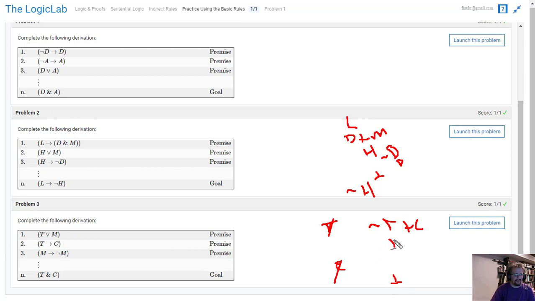So it will give me a line that says T. It'll give me a line that says M, and I have to end up in a falsum. Well, if I have, let's see, can I do that? If I have T, I can get C. If I have C,